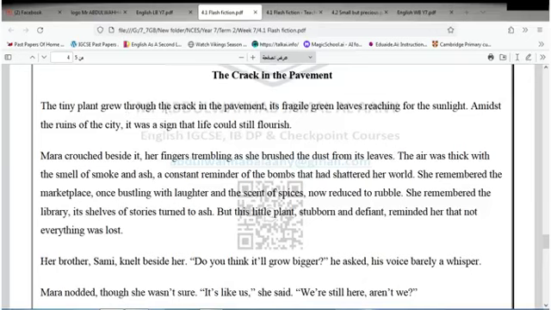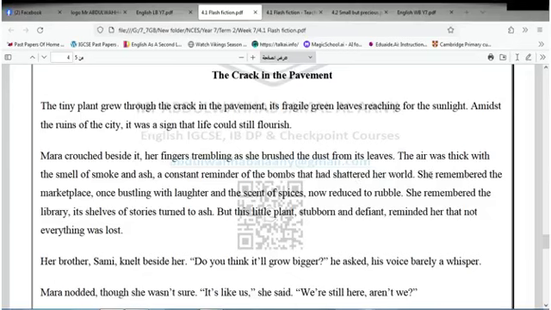The tiny plant grew through the crack in the pavement, its fragile green leaves reaching for the sunlight. Amidst the ruins of the city, it was a sign that life could still flourish. Mara crouched beside it, her fingers trembling as she brushed the dust from the leaves. The air was thick with the smell of smoke and ash, a constant reminder of the bombs that had